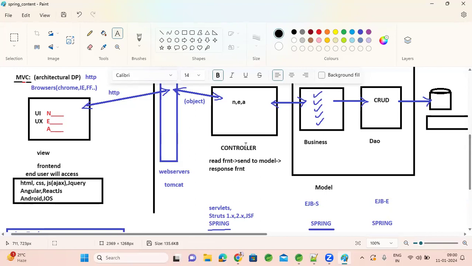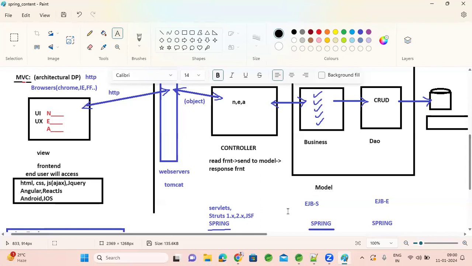They are powerful, but we need to write a lot of code and a lot of stuff. So slowly, on top of servlets, a lot of frameworks were built. They made the controller part simple, and one of the famous ones is the Struts framework. Struts was very popular from the 2000s to almost 2010.